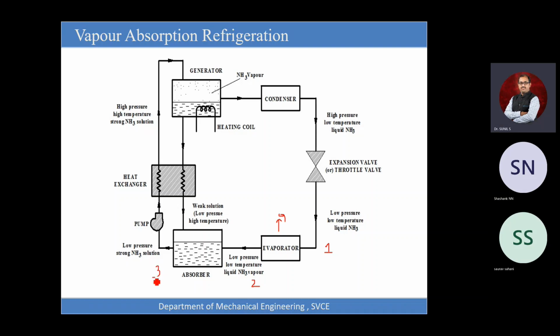Once again, I'll repeat. At point 2, you have vapor ammonia. It will be sent to the absorber. The absorber is just a metal tank which consists of weak ammonia solution: a good quantity of water, a small quantity of ammonia, weak concentration. When you start supplying ammonia, it will absorb. Water can easily absorb ammonia, which is why we use it as an absorber. When you supply additional ammonia, it becomes a strong ammonia solution. Any doubts in the 2 to 3 process? Then, okay, so 3 to 4